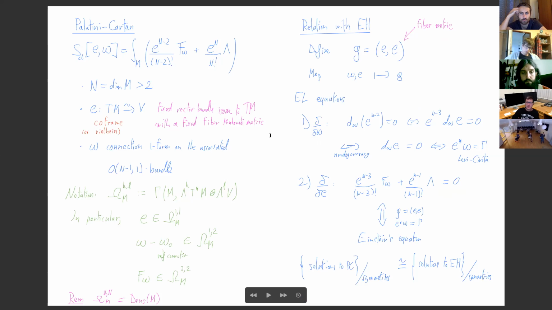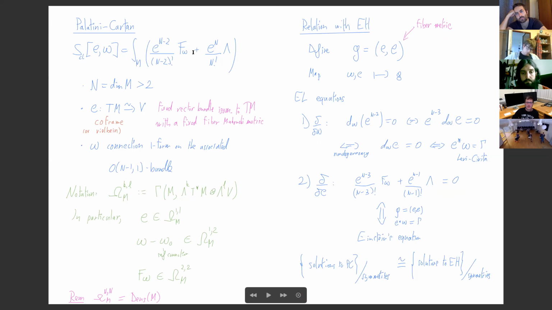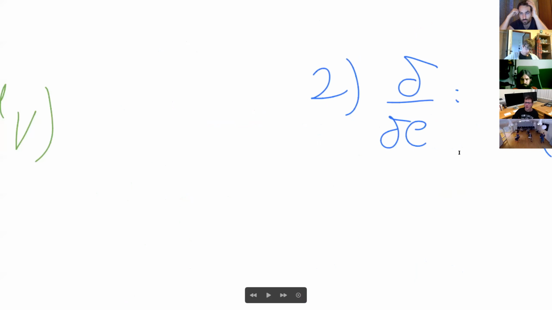Okay. And then you can take the other Lagrange equation here. So if you take the variation with respect to omega, you see that the covariant derivative of e to the power n minus 2 is 0. And if you use non-degeneracy, this turns out to be the same as just saying that the covariant derivative of e is equal to 0. And this is the same as saying that if you pull back this connection omega, what you get is,